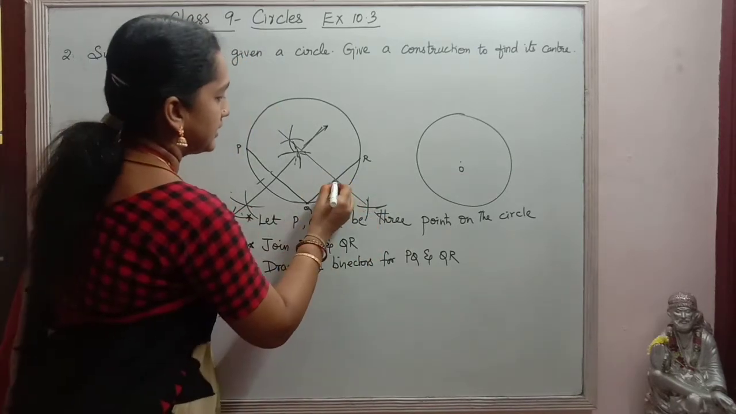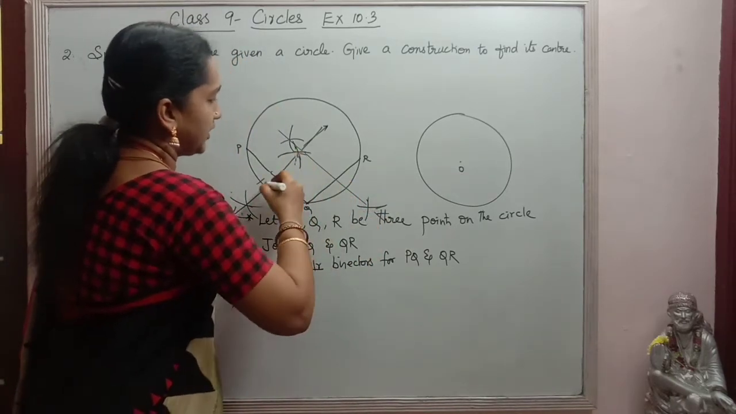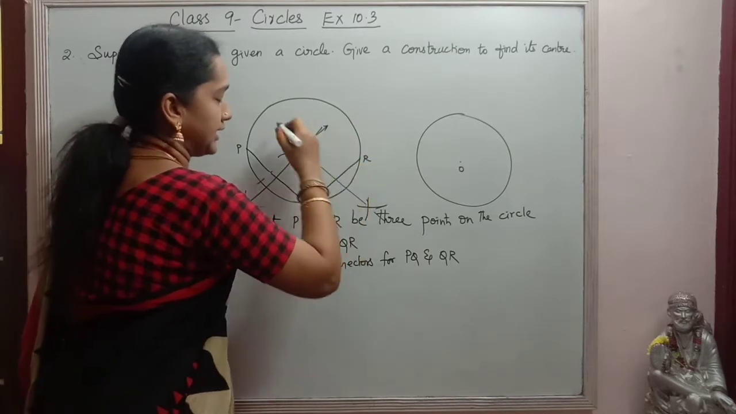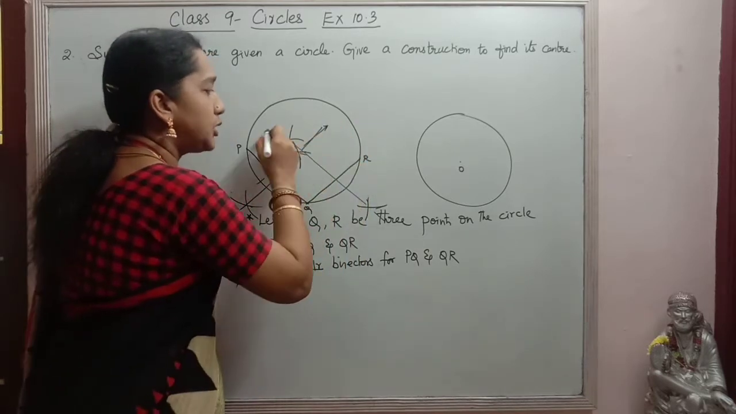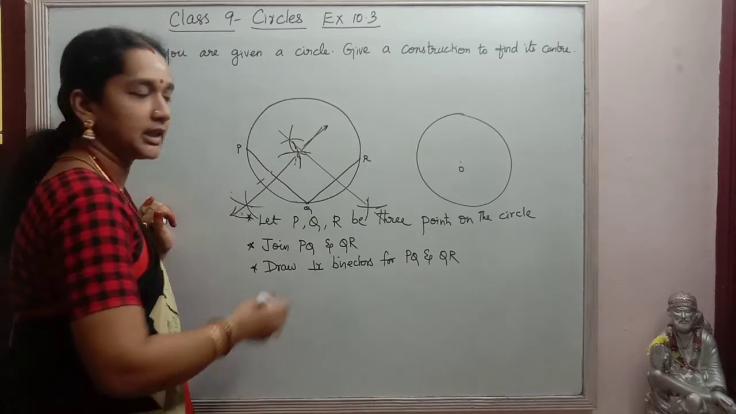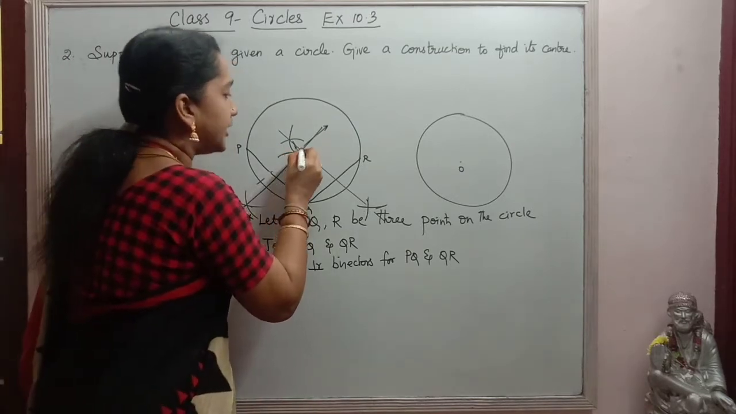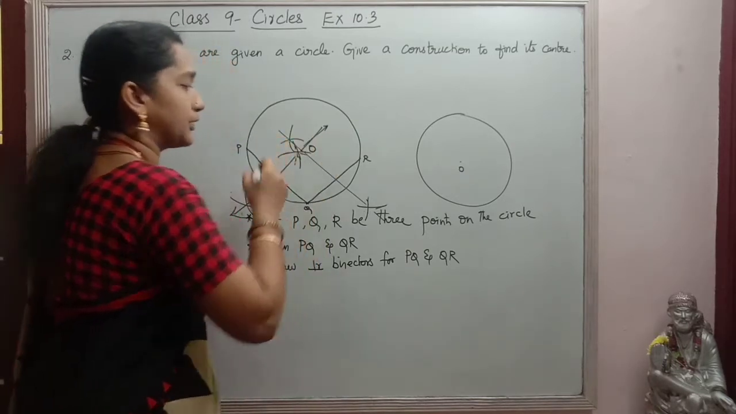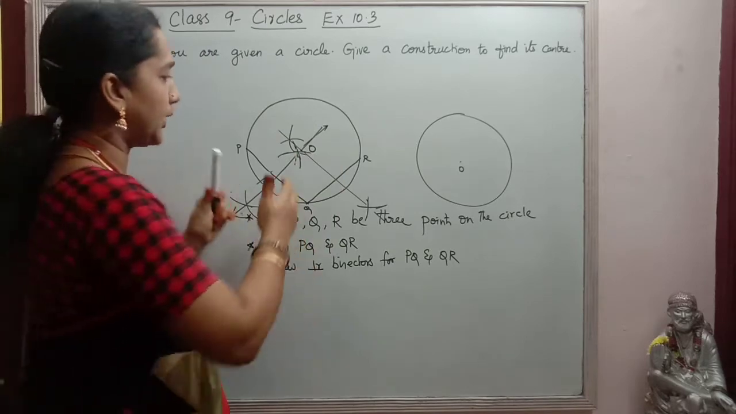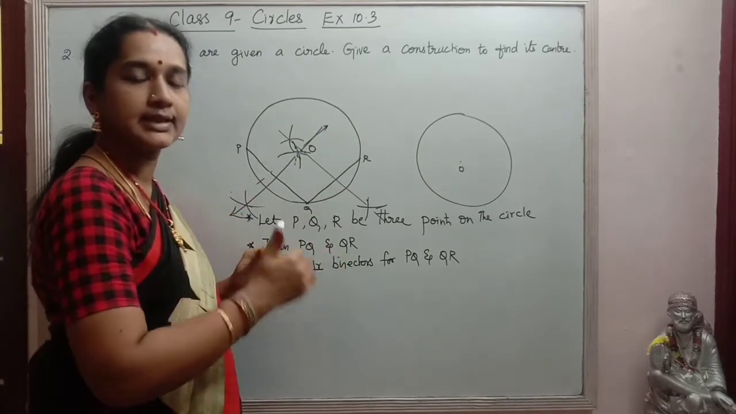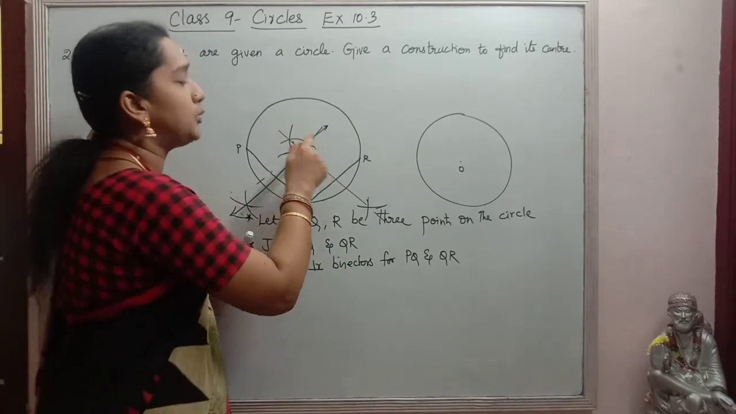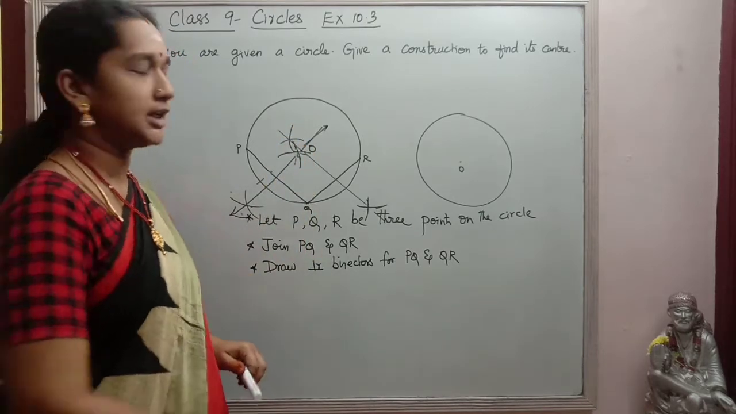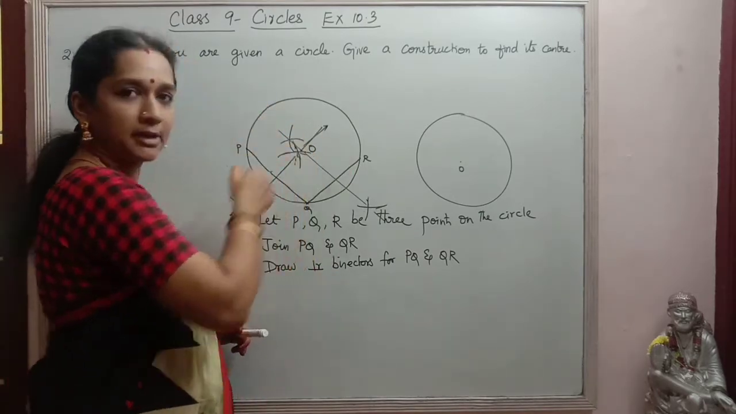Then the point where we have to extend both the lines, that is inside. The point where both the perpendicular bisectors meet, that point will be the center of the circle. So anywhere these points can be taken,